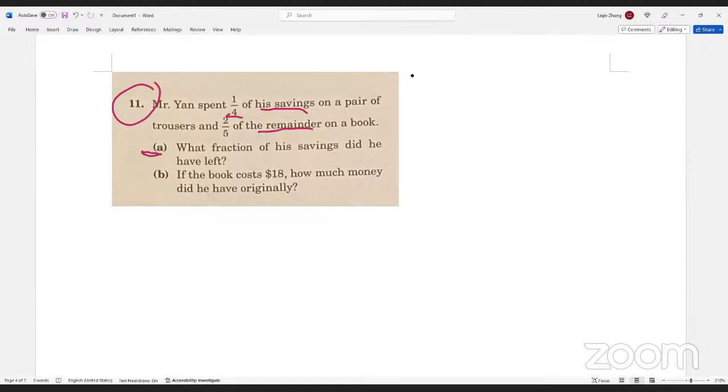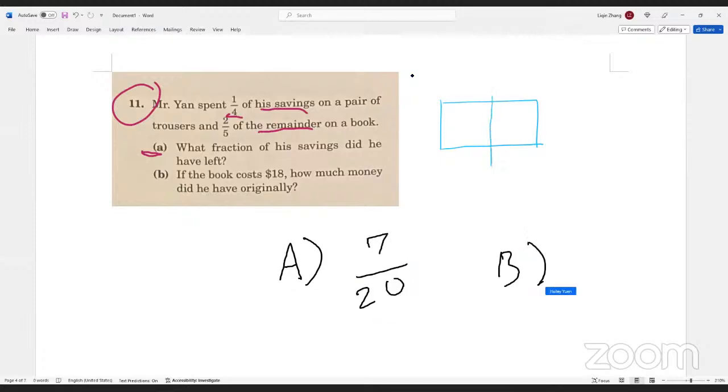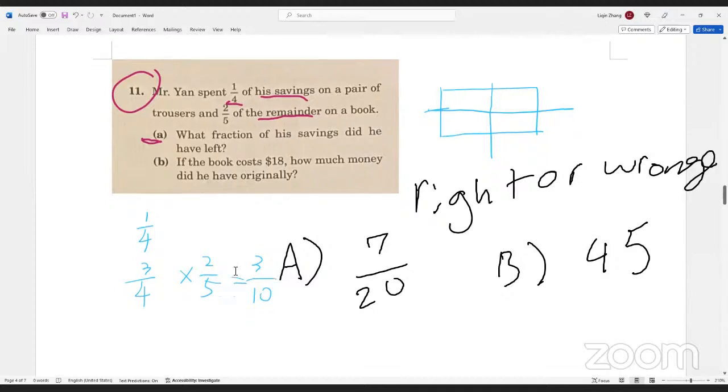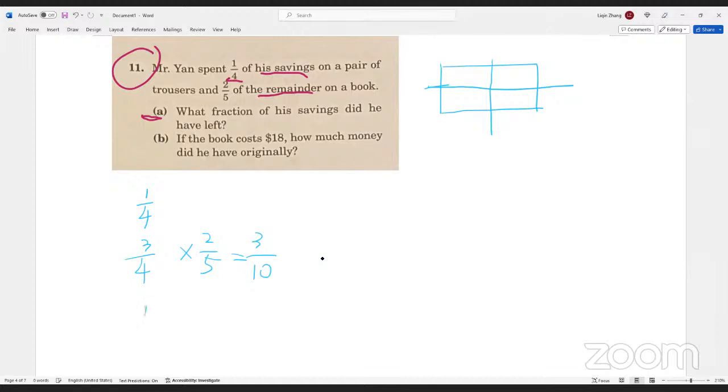So first of all, if we use a square or rectangle to explain. First of all, he spent 7 out of 20. Is it right or wrong? Let us see. First it's 1 out of 4, and the remainder is 3 out of 4, and then he spent 2 out of 5, which equals 3 out of 10. And the second is he spent 1 out of 4 and 3 out of 10 together. So what he has spent is 1 out of 4 plus 3 out of 10 equals